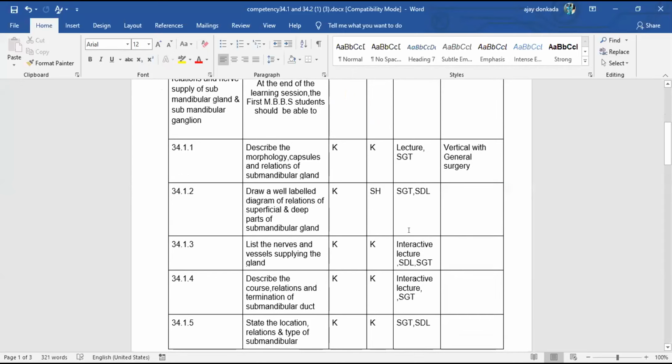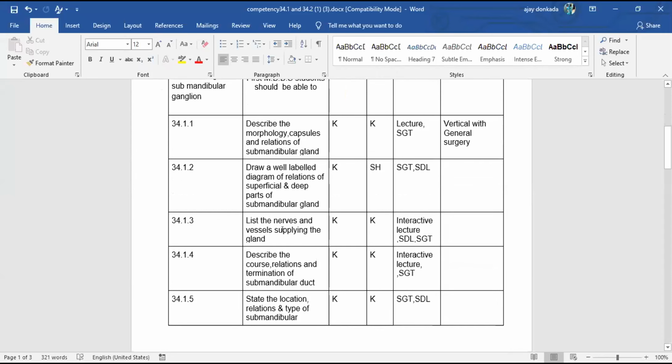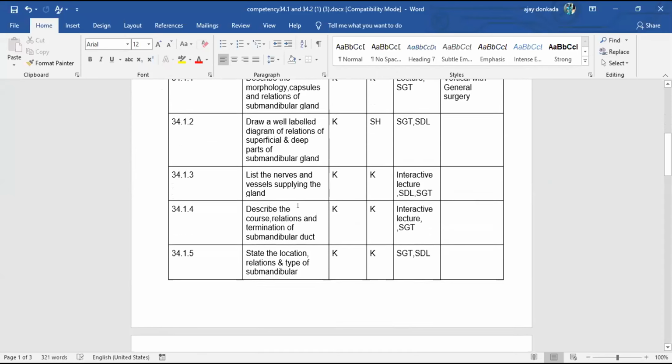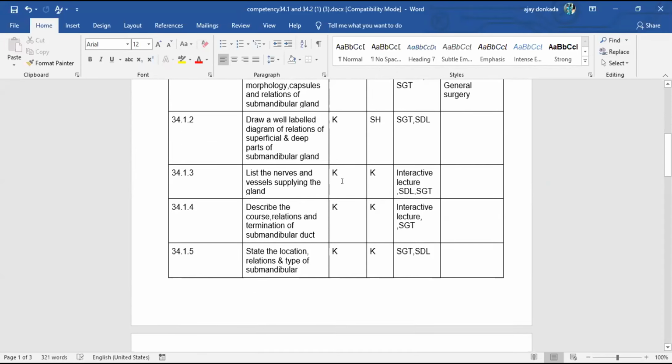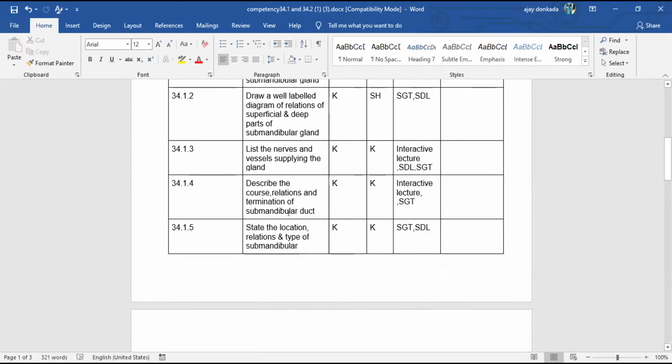a self-directed learning. And the third SLO is list the nerves and vessels supplying the gland. Domain is K and the level is K, and the teaching learning methods would be interactive lectures, SDLs, and SGT. And the fourth SLO, describe the course, relations, and termination of the submandibular duct. The domain is K and the level is K, and the teaching learning method would be an interactive lecture or